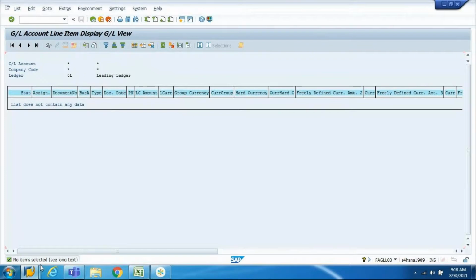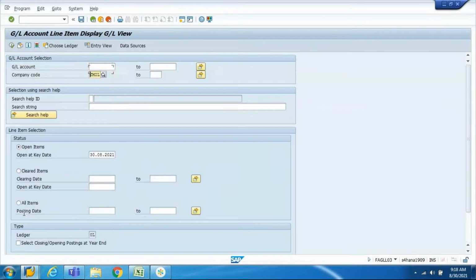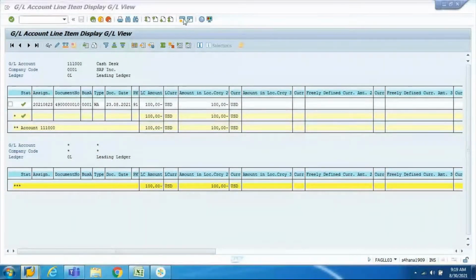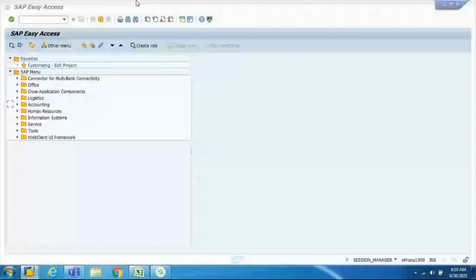Yes. So after posting some transactions, you are expecting some values to be reflected here, right? Let's say if I give any 0001, this is how you are expecting once the entry is posted in SAP, correct? Now, though there is an entry like this in this particular GL account, if you go to FBL3N, you may not be able to get any report. So these things I will practically show you once we have our own data in the system.